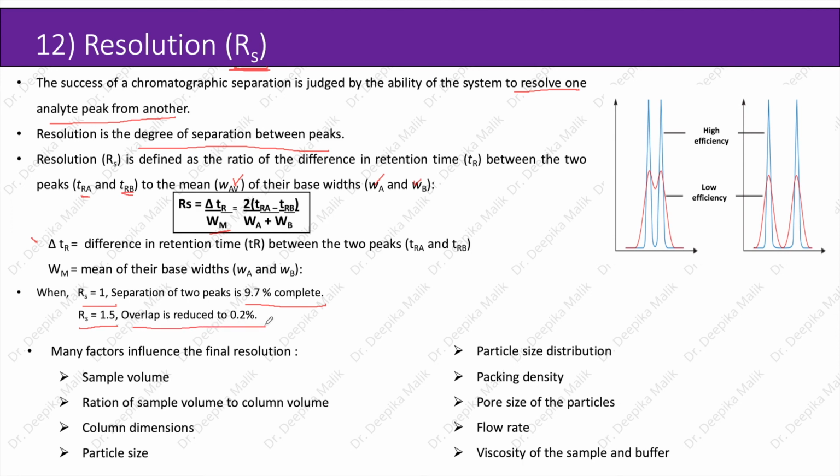Now as you can see in the chromatogram shown, the blue peaks are very sharp, which means that there is high efficiency of separation by the chromatographic system, whereas the peaks in red show unseparated peaks or non-sharp peaks, which shows low efficiency. Now many factors influence the final resolution, that includes the sample volume applied on the column, ratio